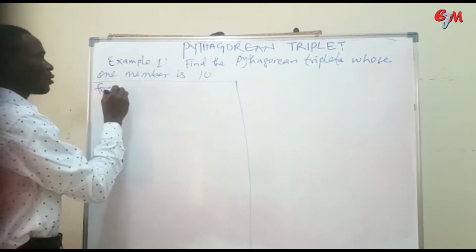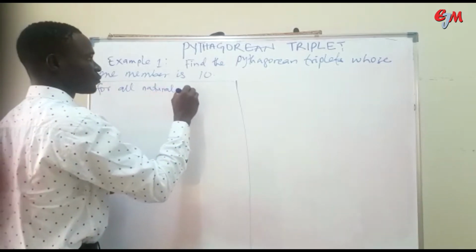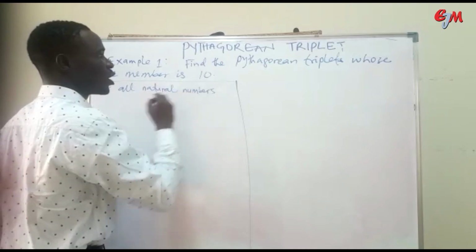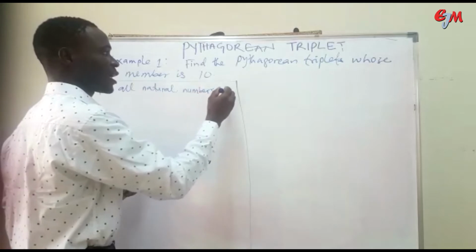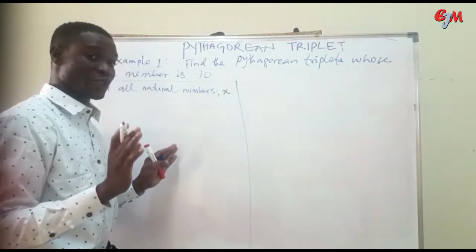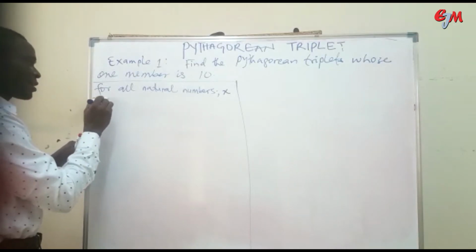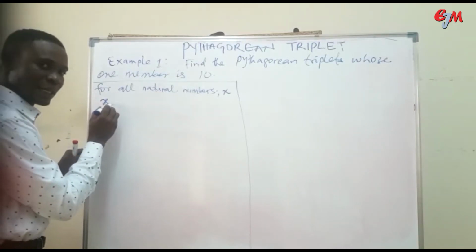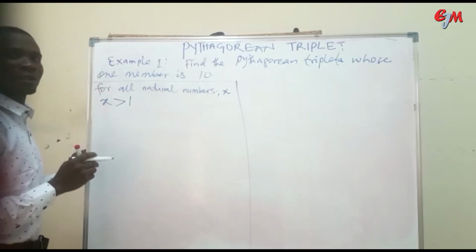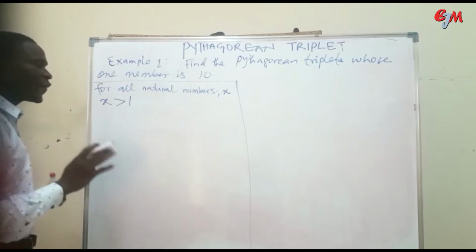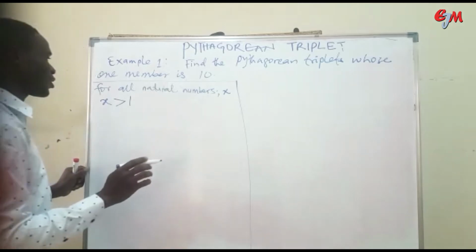For all natural numbers, let us take x as an unknown natural number. Now, it is said that x is greater than 1. You understand? So if x is greater than 1, that is to tell us that